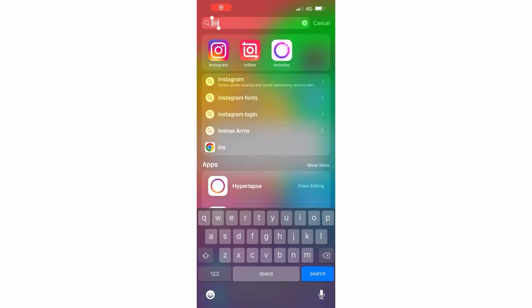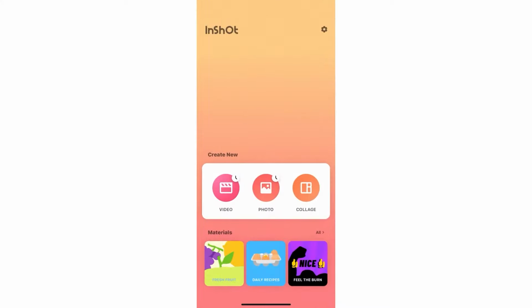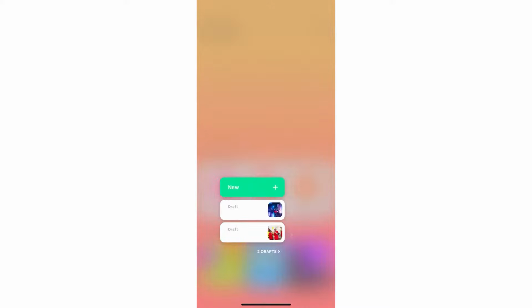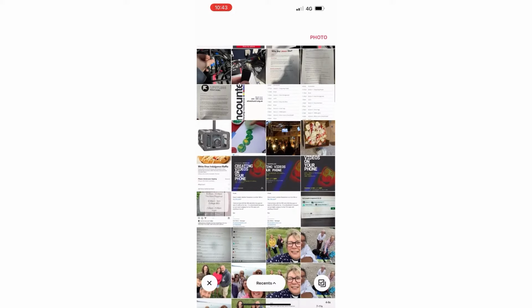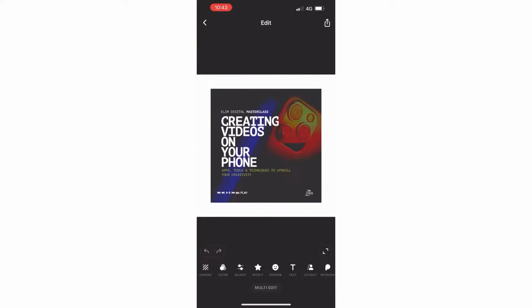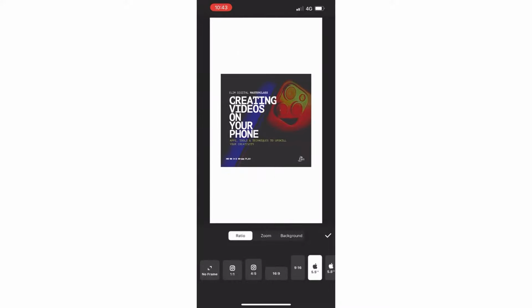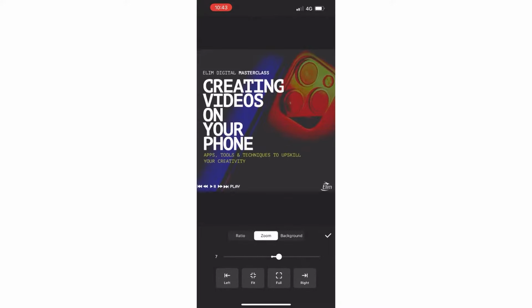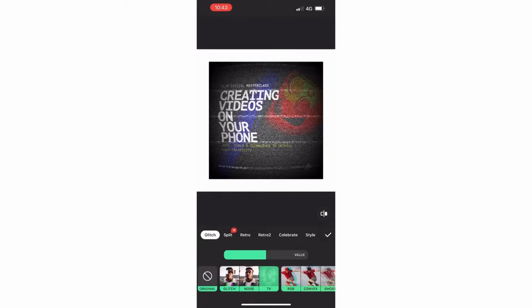So InShot is the app which we're going to search for on my phone. So I'm just typing in InShot here, and this is what comes up. You get an option of a video, photo, or collage. I'm going to click photo just for the moment, just to show you how the photo option works. And as you can see, all my pictures come up that I get to select from. And then I select that picture, and it's just a graphic from this workshop, and I'm able to change the format of that picture, so landscape, portrait, for different sizes, Instagram, TikTok, whatever it may be, I can change it all. I also can zoom into the picture, and also put a filter on the picture,